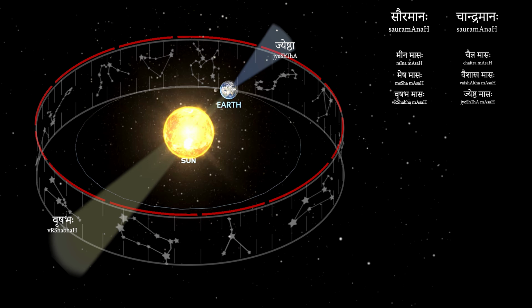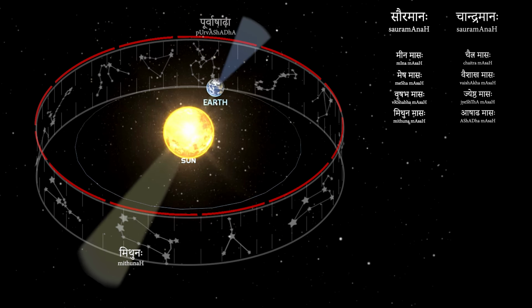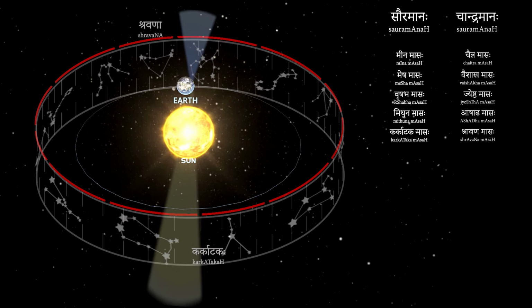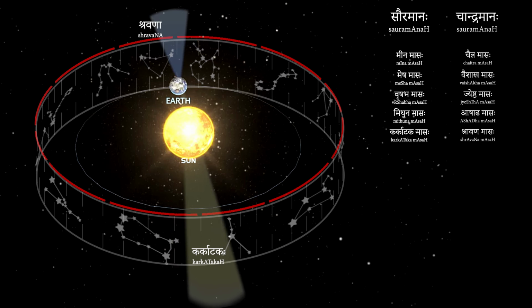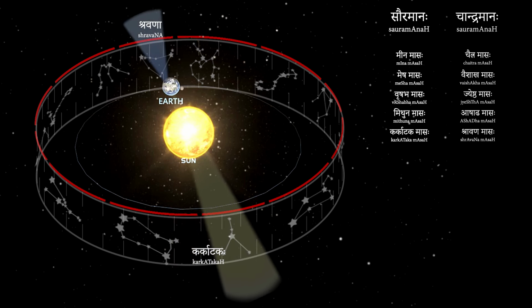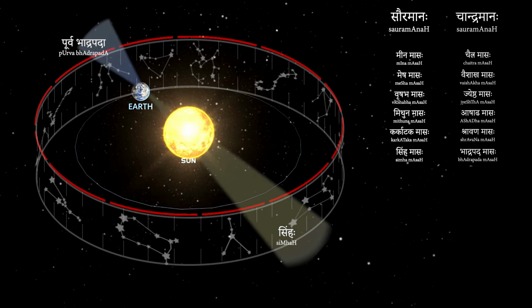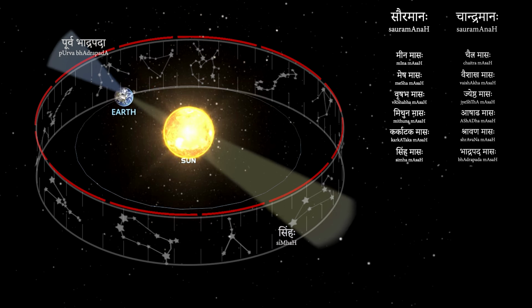By now, you might have realized that the months in the Sauramana calendar are just named after the Rashi into which the sun moves, and in Chandramana, they are named after the Nakshatram which is prominently seen along with the moon. So the next set of 9 months in Sauramana and Chandramana systems are Mithuna Masaha because of Mithuna Rashihi, which corresponds to Ashadha Masaha because of Purvashadha Nakshatram, Karkataka Masaha because of Karkataka Rashihi, which corresponds to Shravana Masaha because of Shravana Nakshatram, Simha Masaha because of Simha Rashihi, which corresponds to Bhadrapada Masaha because of Purva Bhadrapada Nakshatram,